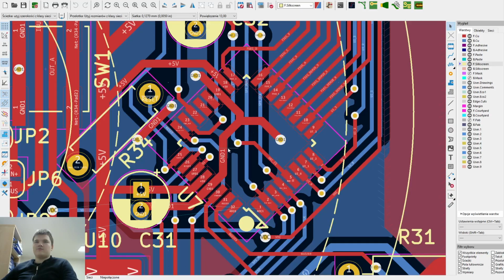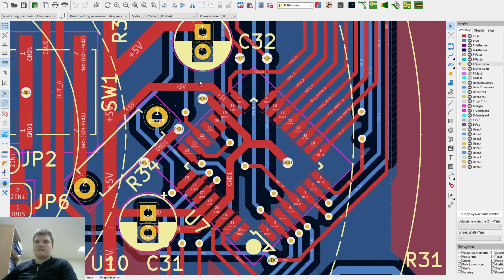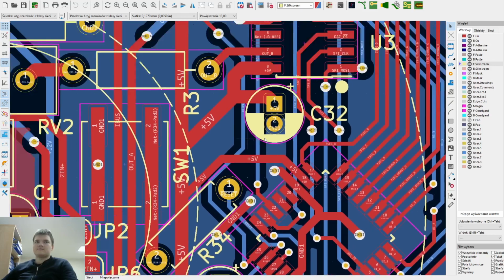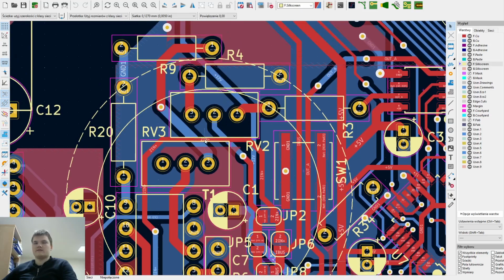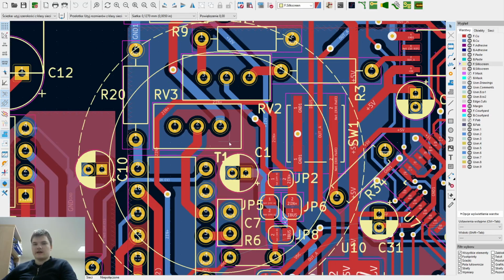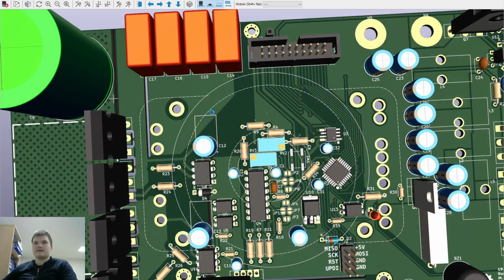Here you can see that the footprint was tilted by 45 degrees to allow better access to the pins itself. Here's the reset button. Some of the placement of components may not be obvious, why I chose to do it this way, but when you realize what kind of role they play, you understand why I placed them in such a confusing way. For example, this is the 3D view of my board,